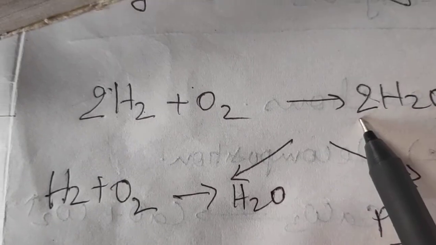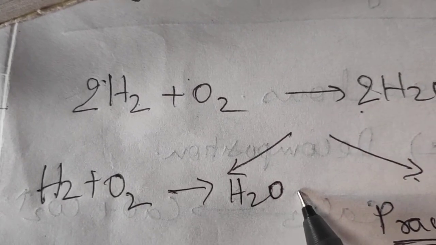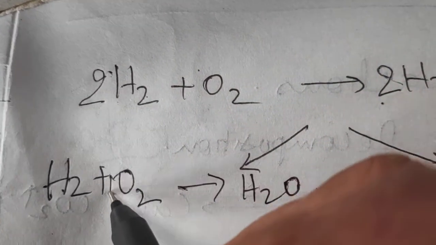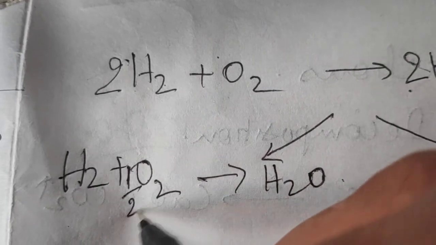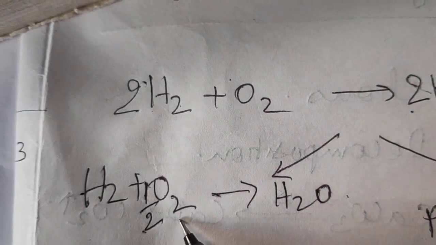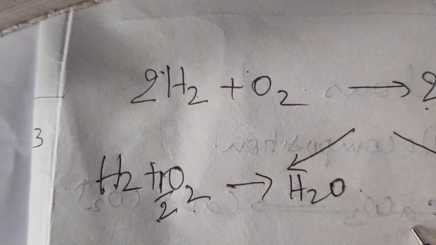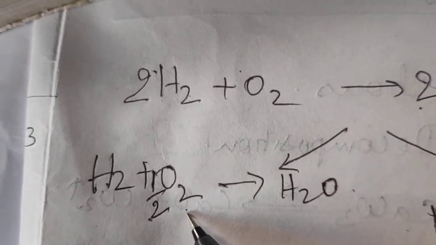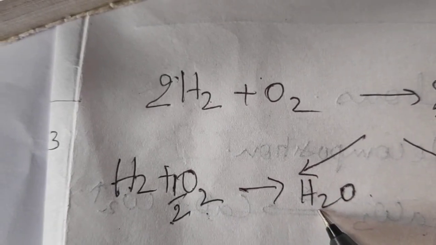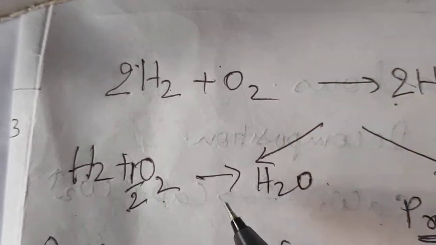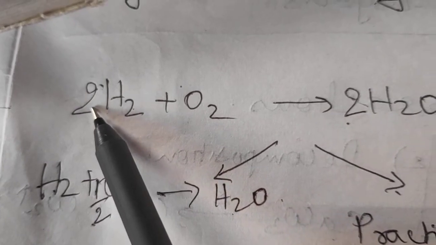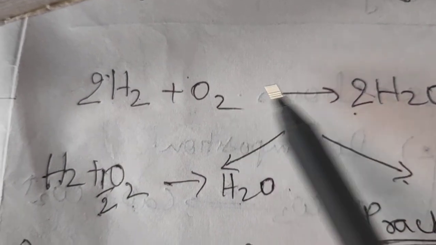Here I put 2 to balance the oxygen. But if I don't want to do that, I can do it in this way also. I'll put half over here. Half molecule of oxygen stands for 1 oxygen atom. So now the equation is balanced: H2 plus half O2 giving H2O. So there are 2 different ways you can balance it. Either you say 2 molecules of hydrogen reacts with 1 molecule of oxygen to form 2 molecules